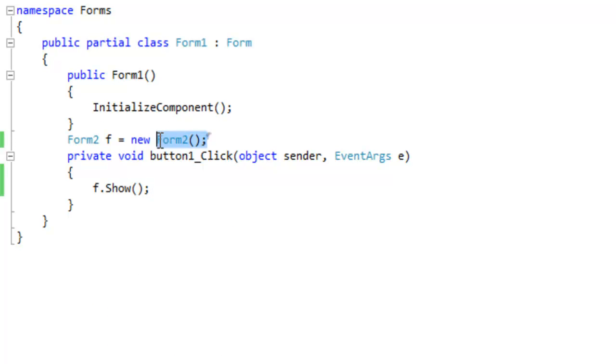In VB, I don't think you have to do an object reference. I don't know, I haven't done that much VB. I personally don't like it,